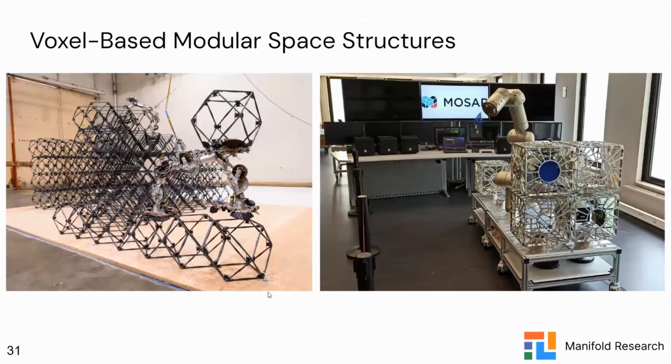Okay, so the second preliminary piece: we spoke about the potential of swarm assemblers for in-space assembly and manufacturing. The second preliminary piece, this parallel development of technology that's happening right now, is this idea of voxel-based modular space structures, or more generally, modular space structures. Launch costs are the highest source of cost for any space mission. In particular, it's the fuel cost of putting an object into orbit that is prohibitively expensive the more heavy that object gets. Therefore, it's infeasible to actually build large space structures on Earth and launch them into space.